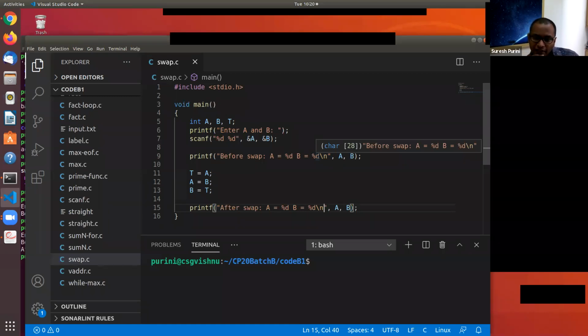Mukund has an idea. It's a good idea, Mukund, but there is one small problem in the way you have written it. I will tell that problem later, not in this class. But there is a different, equivalent way to do the swap without a third variable, using addition and subtraction operations.